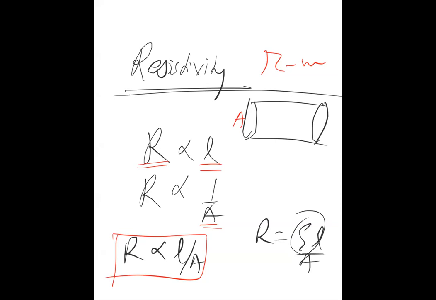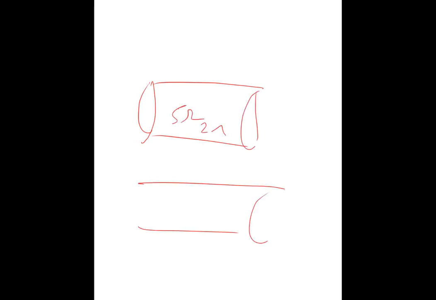Kindly go through it and have an idea about the value or range of resistivity for different types of materials. Now I am going to tell you about the color coding for the resistor. If you go to the market and purchase a resistor, it won't have 5 ohm or 2 ohm written on it. In fact, it will have different color strips. You should know which color corresponds to what number, and by seeing the color coding, you can find out the value of the resistance of that resistor. That table is given in table 3.2 in your book.